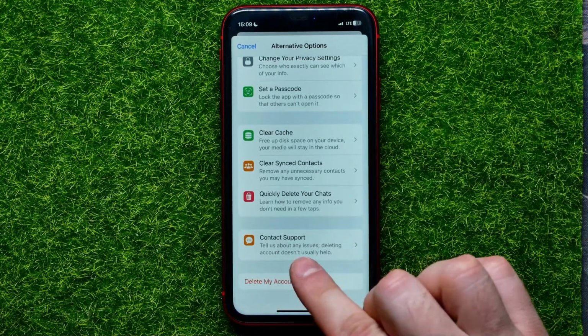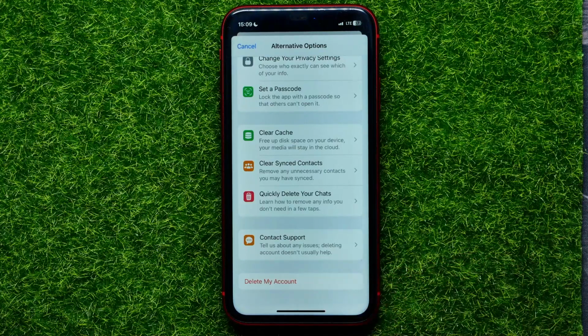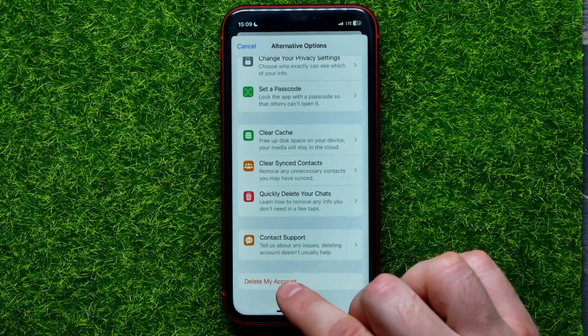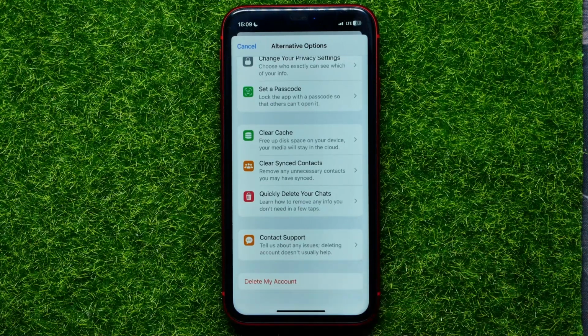Also, you can contact Telegram support if you got any questions, and on the last position you can find delete my account feature. You can tap on that, then confirm the deletion, and after that your Telegram account will be